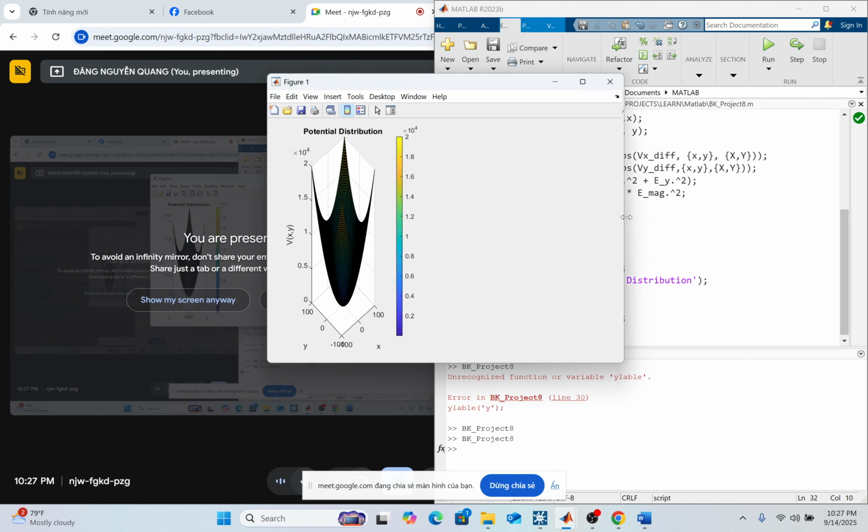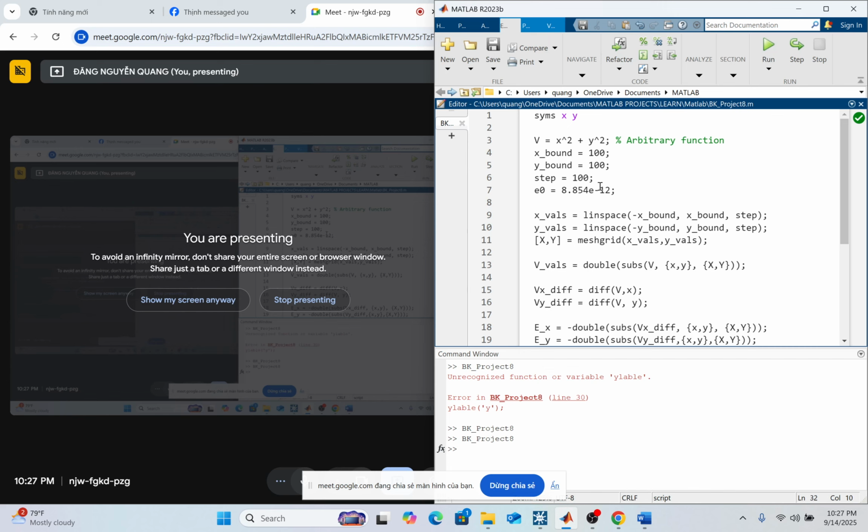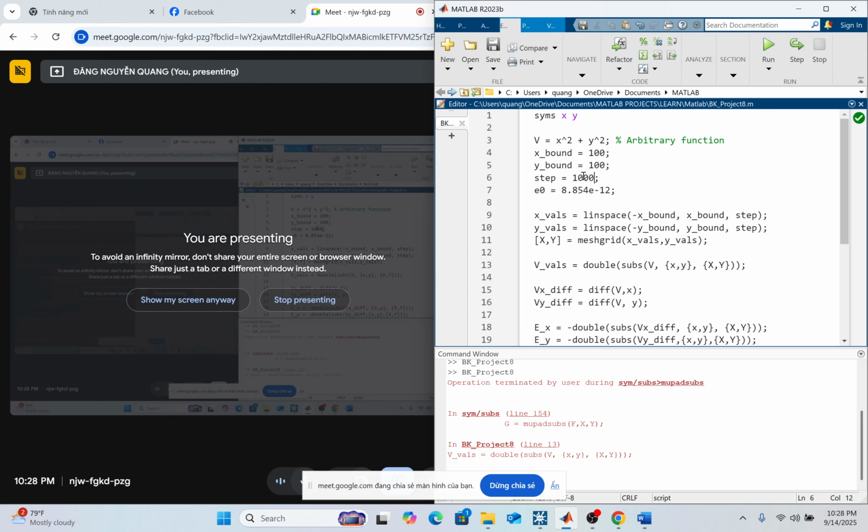And how can I increase the precision of this graph? I can put in more steps, right? If I do more steps, it means that I take into account more points in the space. And if I increase the number of steps by 10, you can easily see that it's going to take longer to respond, because more steps mean your computer has to work more. Maybe this is too much, right? Okay, maybe 200 is okay. I'll try 200.